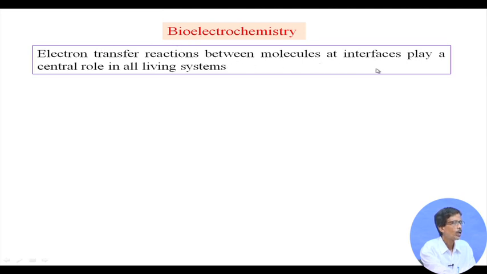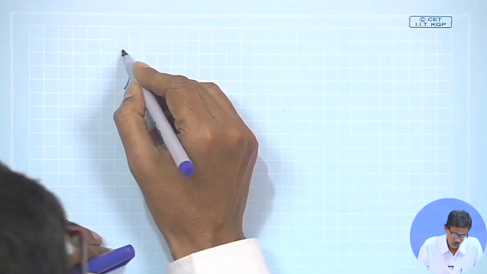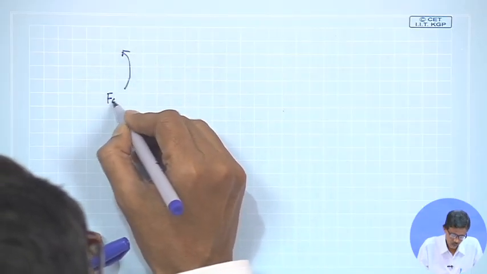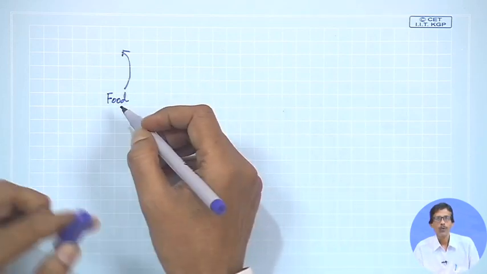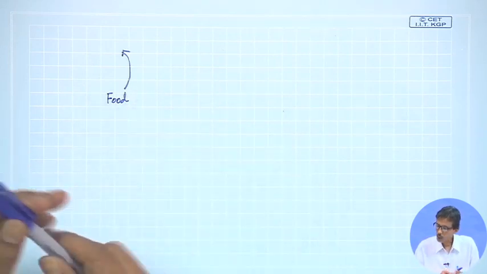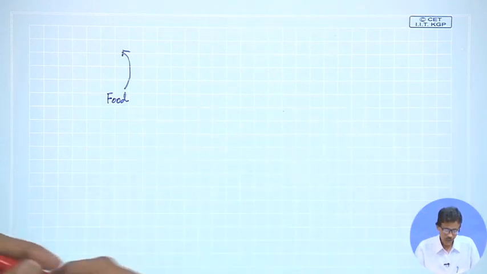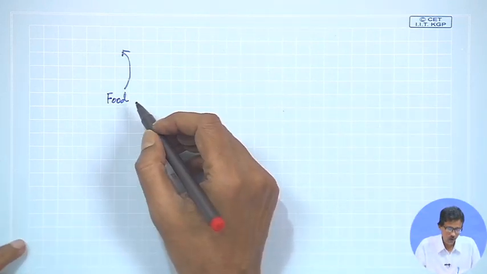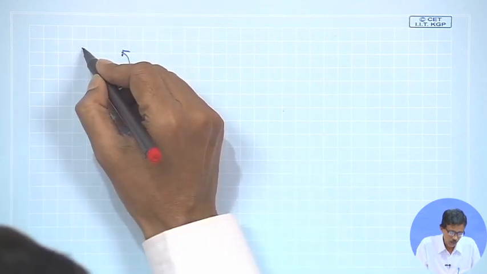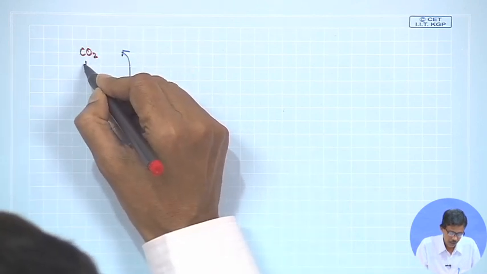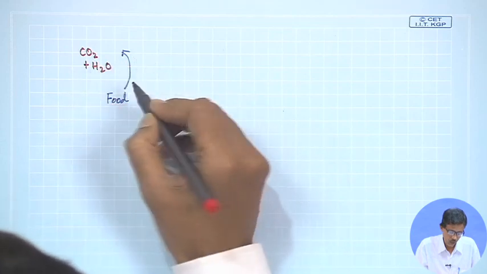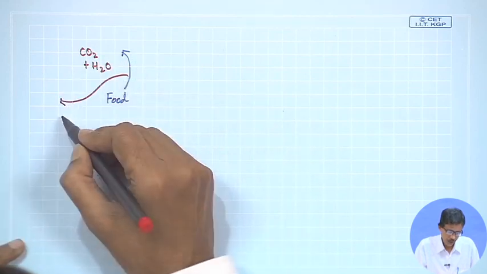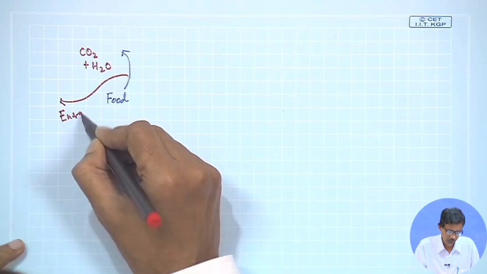So, for the molecules which are coming from the living system, and the electron transfer reactions, basically, as I told you, we want to burn the food material we consume. This particular branch is also applicable to food chemistry and agricultural chemistry. So, we are trying to burn food to get carbon dioxide and water with the required amount of energy liberation.